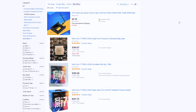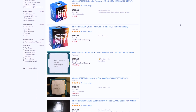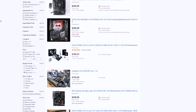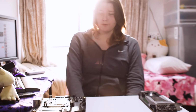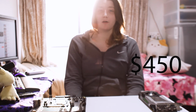If we go online to eBay, we see that the 7700Ks go for around $380 to $400, and it really depends on the motherboards. Prices vary quite a bit, but you seem to be able to pick up a Z270 board for about $50 to $60. Personally, I think a 7700K isn't worth $380. That's just too much. I wouldn't pay that much for it. But that seems to be what they're going for on eBay. So that means it's about $350